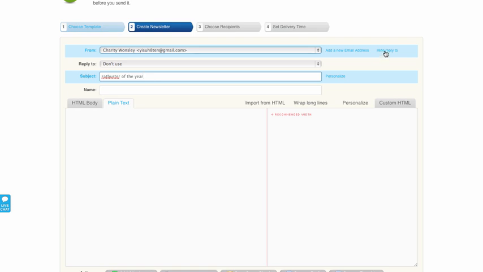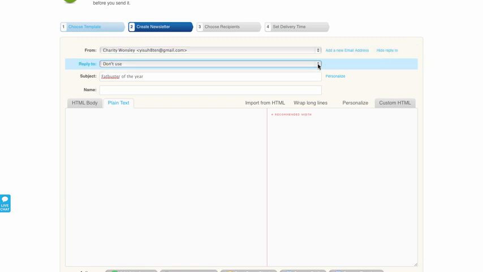The hide reply-to email option right there, you're going to want to just click on do not use, because there's a whole bunch of stuff behind that. Just click on do not use. It'll inbox instead of spam box a lot more. The percentage will be a lot higher. We have our subject line.